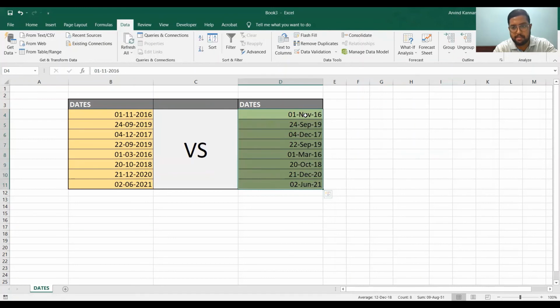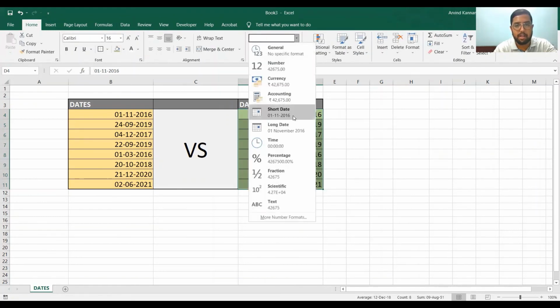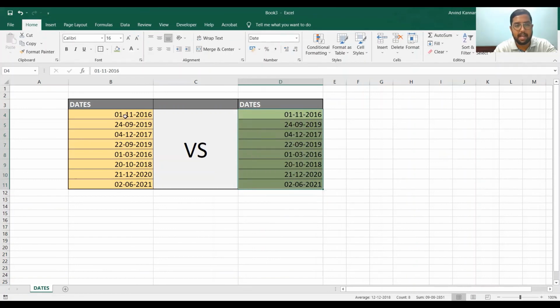Now these have successfully been changed to date format, right? Now I'll quickly go ahead to home and change this to short date to match exactly as per these dates, right? Now if I come here, you see that it also shows date format, just like it was showing here. So this is how you would tackle this problem of having a date in text format and having to convert it to proper date format. Thank you.